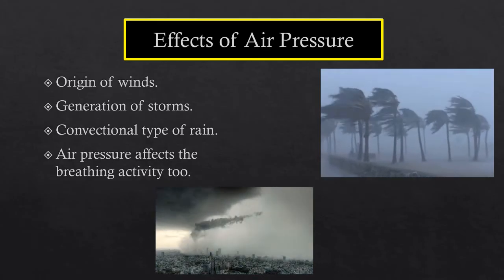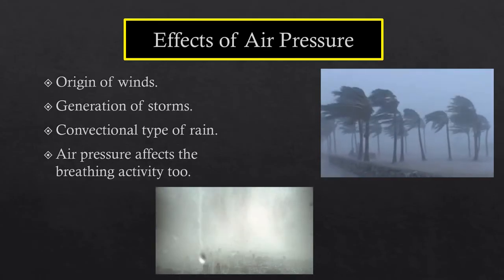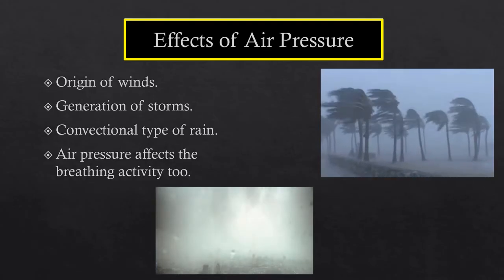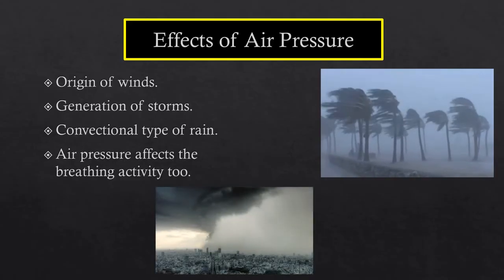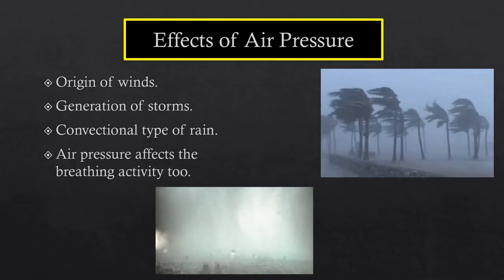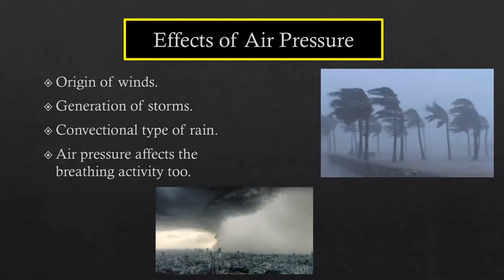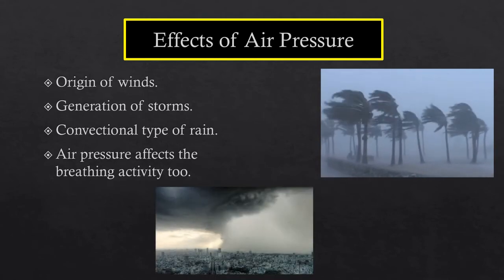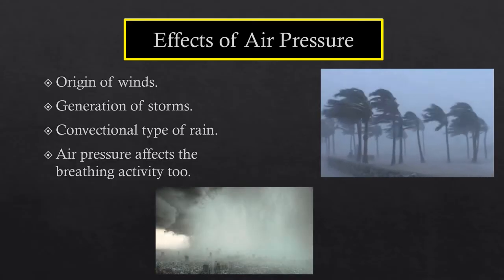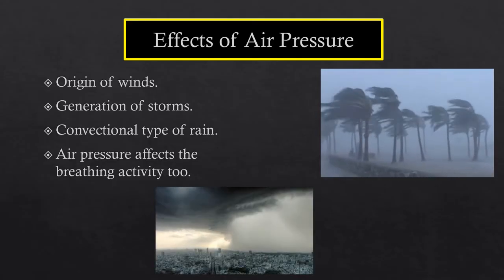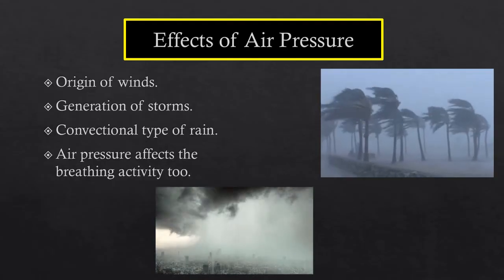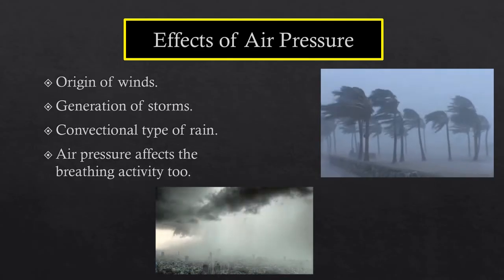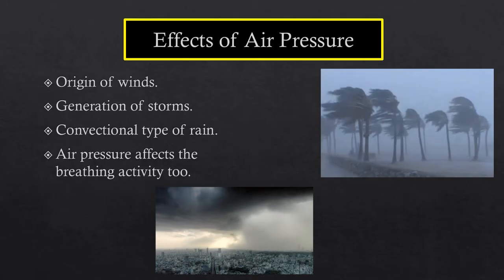The movement of wind is caused by air trying to balance the difference between high and low pressure areas by moving from high pressure areas to low pressure areas. It carries moisture and heat horizontally. Because of Earth's rotation, wind blowing north or south will deflect to the right. It gives a twirl effect to the air, causing storms, hurricanes and tornadoes. Let us look into the effects one by one. First is the origin of winds.